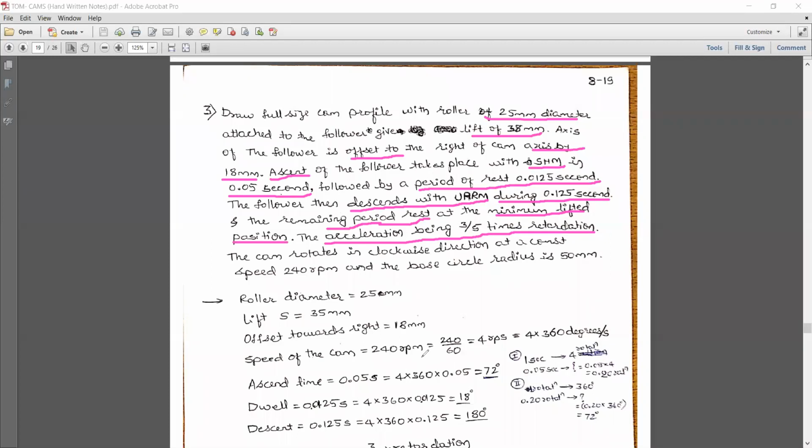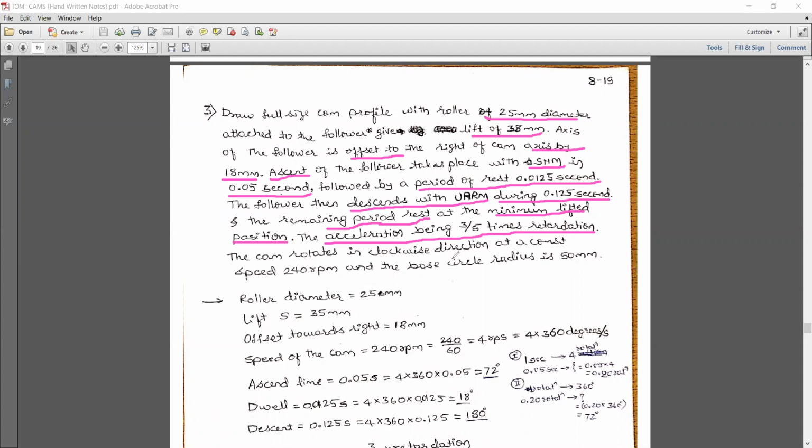So there are two things. One is acceleration: when you are rotating your accelerator towards you, the speed is rising, and when you leave it, it will start decelerating. As it goes on decelerating completely, it will stop. It will come to rest. So that is a very important part in this.